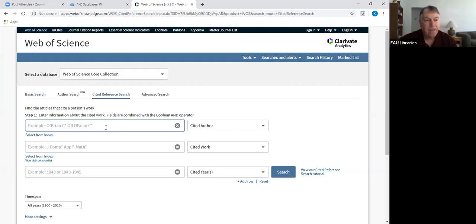So I'll choose an author from FAU who publishes a lot. So this is a professor in mechanical engineering whose name is Isaac Olishikoff. And we're going to search for his name. Now, when we search for the name of an author, we tend to use their initial and then put an asterisk. The asterisk would bring up anything where they spelled out his first name or use the initials and so forth. So now when we click on search,